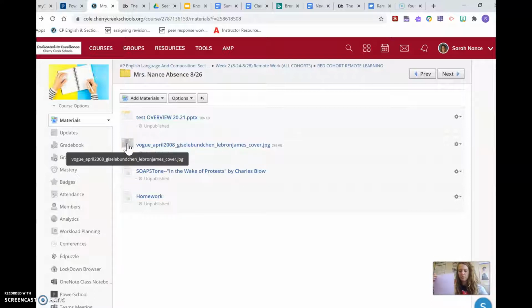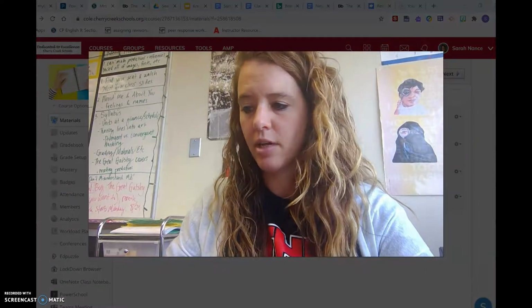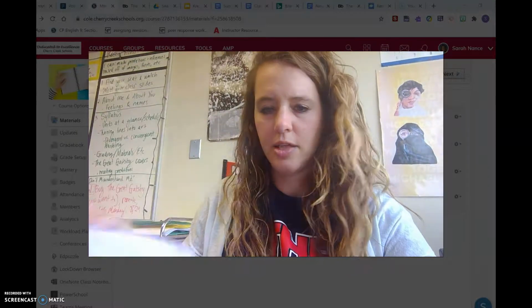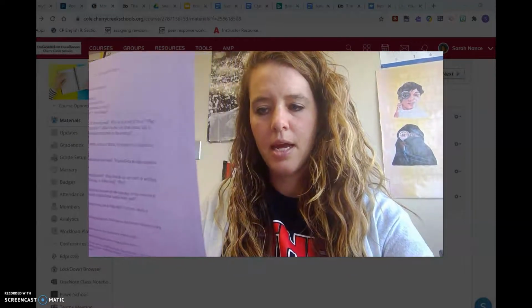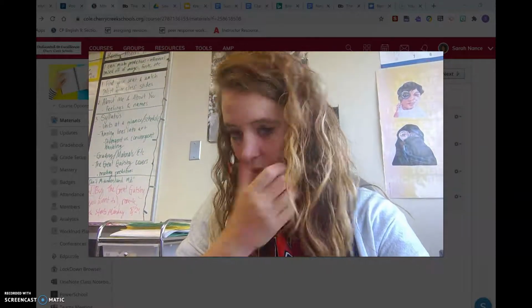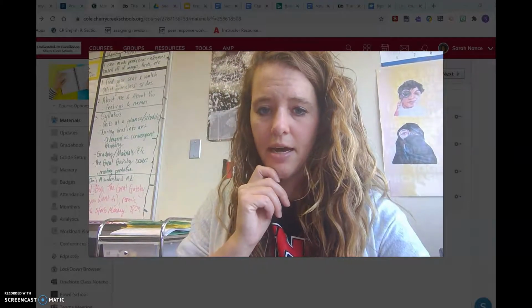These are questions about visual analysis. So when we look at a visual text, what kind of information do we want to get from the text? Again, it's two-sided. There's a horizontal side and there's a vertical side. I kind of like the vertical side. I think the questions are a little better. You're going to practice some analysis right away. Not SOAPSTone, you're going to get to that. You're going to practice some analysis by looking at a visual.